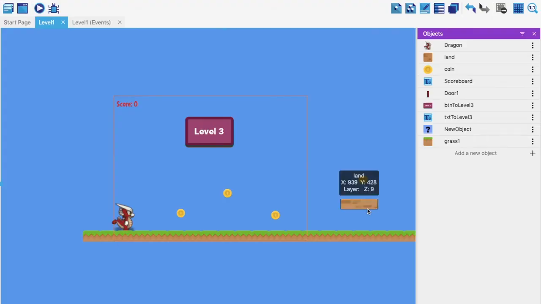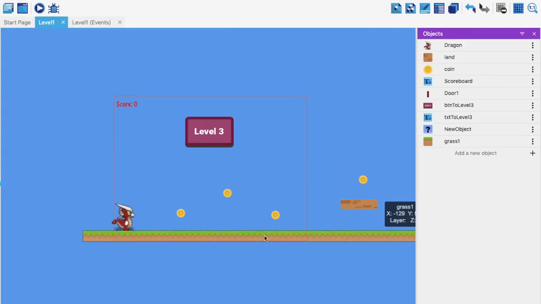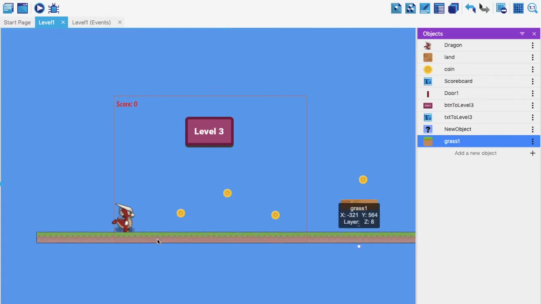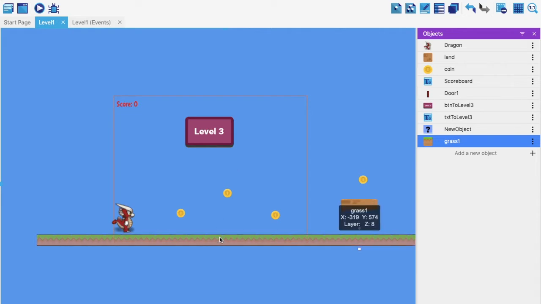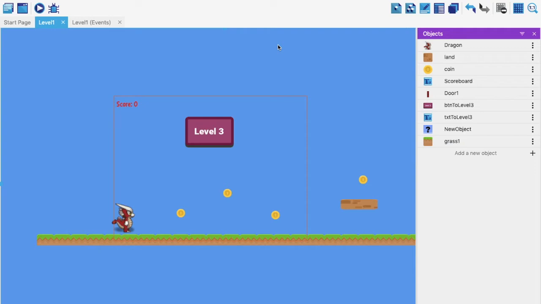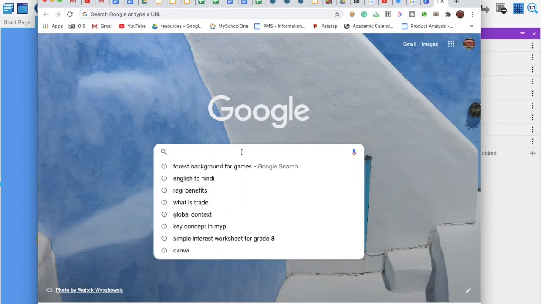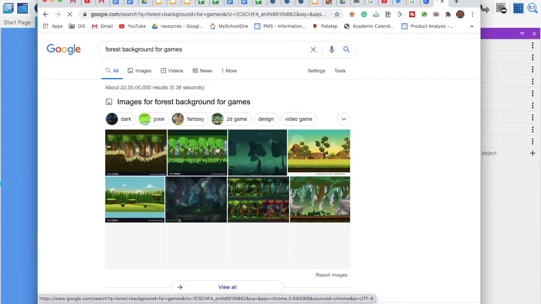But what if I want some personalized or some specific background for my game? So for that, we will be covering today how to add a background to your game. Before we begin, we need to quickly download a nice picture. I'm just going to search for, let's say, forest background for games.